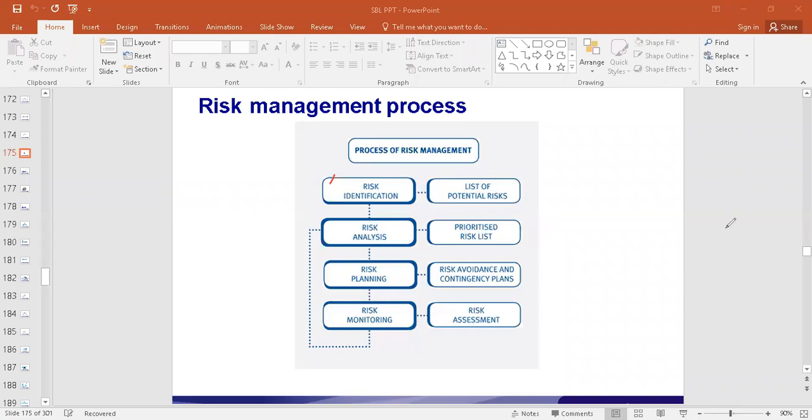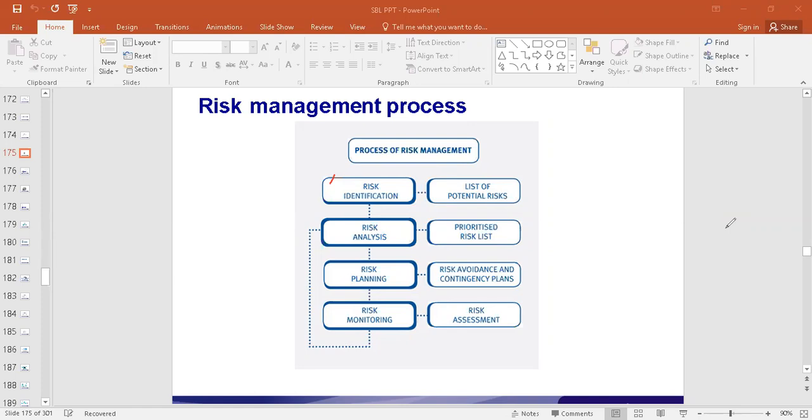Externally, government changes the rules and regulations, non-cooperation from the suppliers, customers' expectations change, there are expectations from environmentalists. So many stakeholders are there in the external environment. The investors not extending additional capital, the multiple things that are there. Some of the risks are very specific to the type of industry.